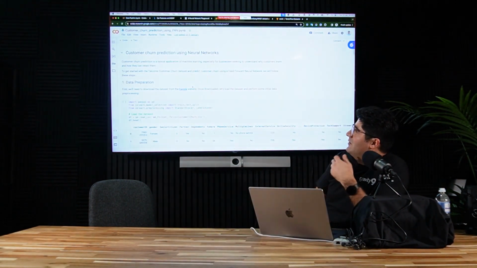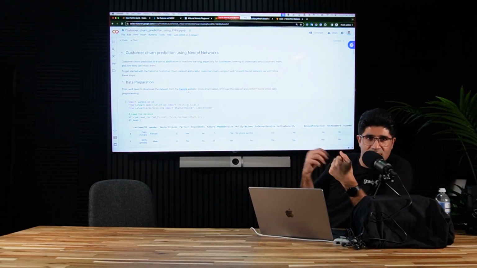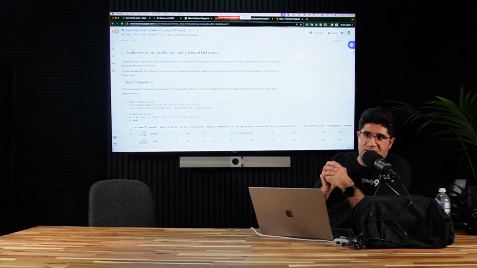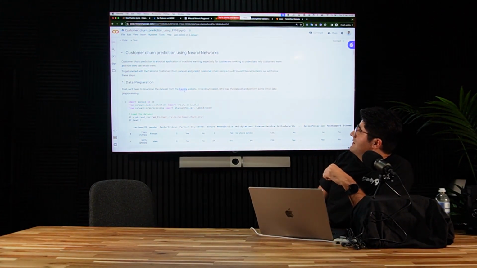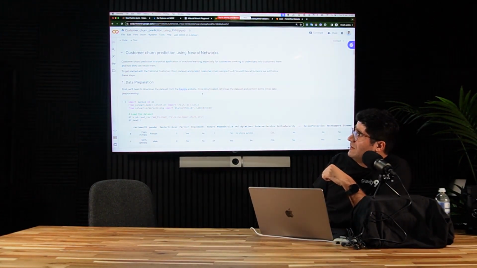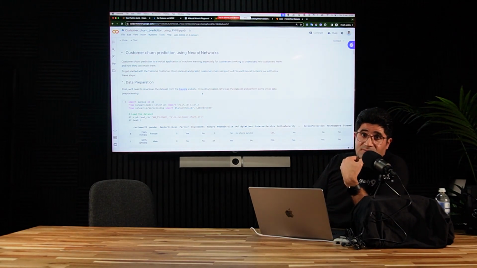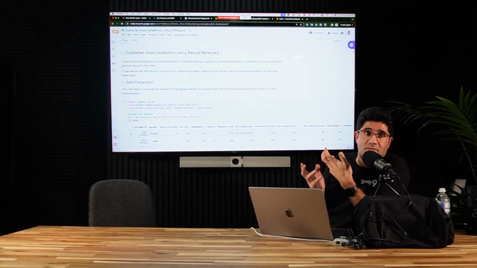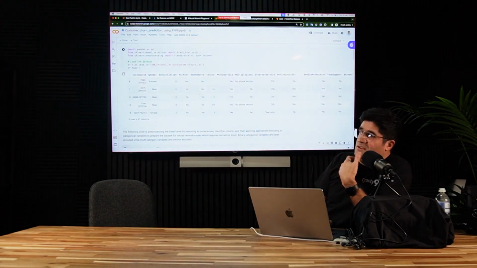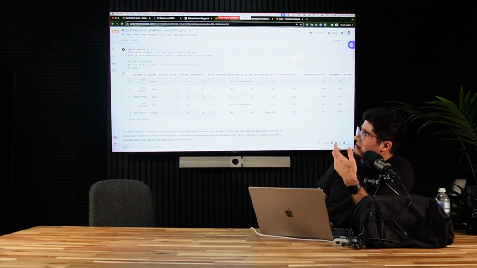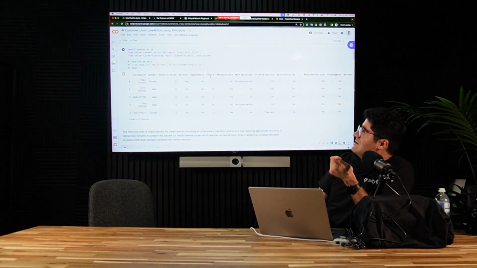For this example, again, I use a data set from Kaggle. The data set is for a telecom company. In fact, they share the data and provide access to it. It includes this information: customer ID, gender, senior citizen, partner, dependents, tenure, phone services.